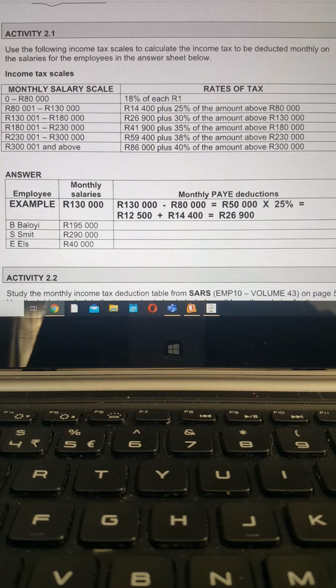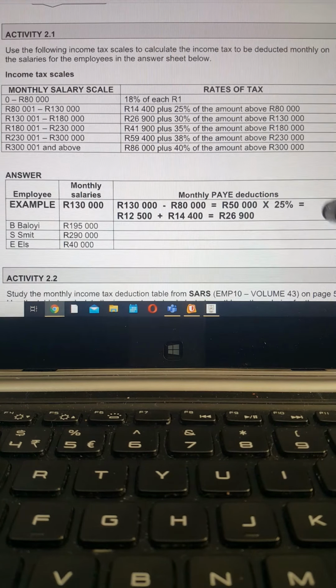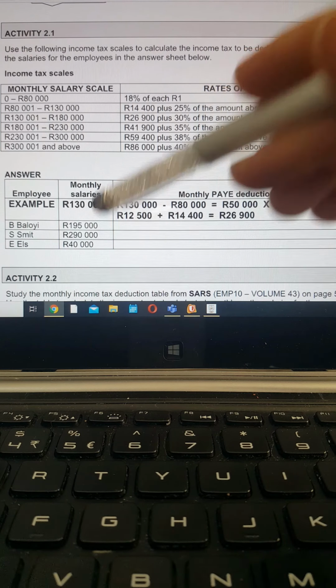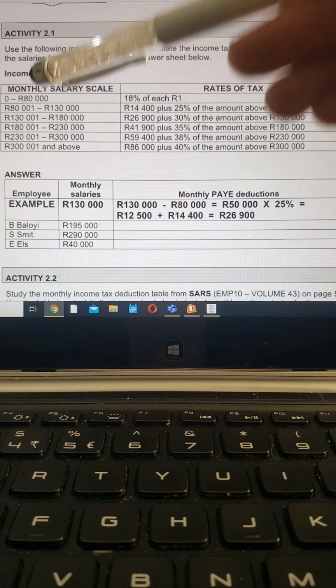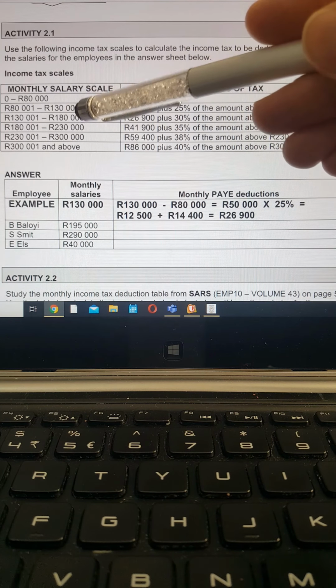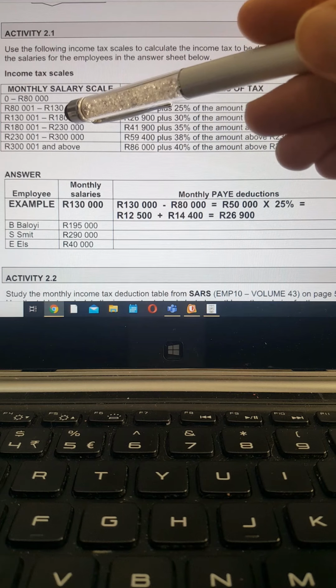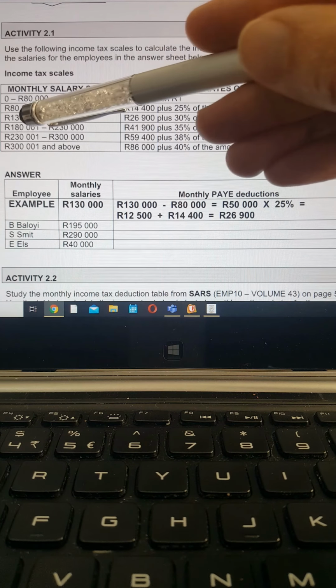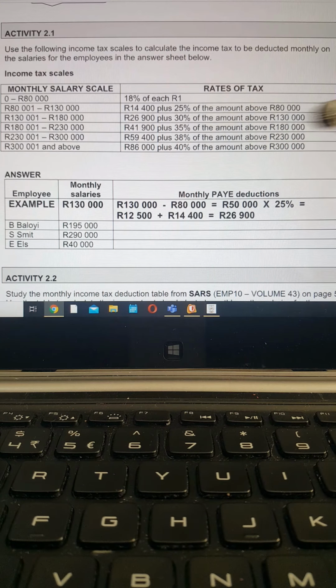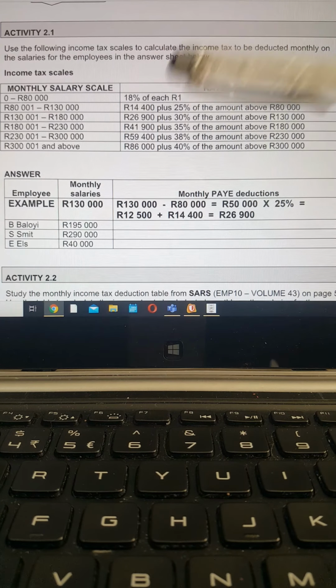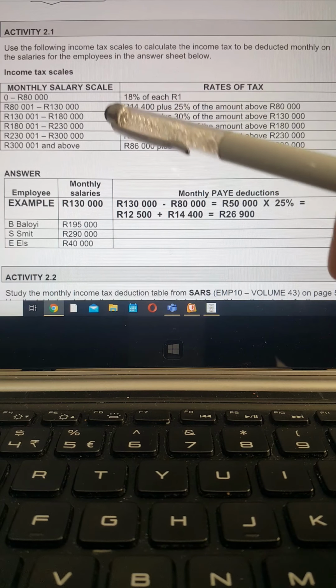Okay, let me just go through that one more time and then you can do the activity for the rest of them, right? Let's do the next one as an example. This guy is earning 195,000 rand. Your first step is to look at which scale he is on. Is he in that scale? No. Is he in that scale? No. So which scale is he in? He's in this scale here, right? 195,000 rand works out in that scale there. So now we found which rate of tax we must use. So what do we need to do? We have to pay